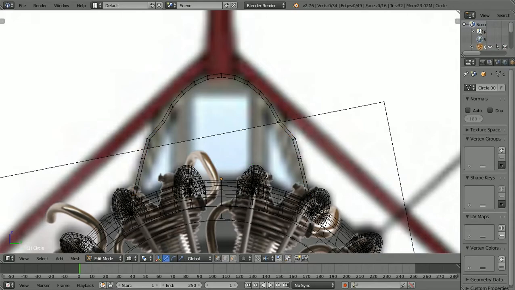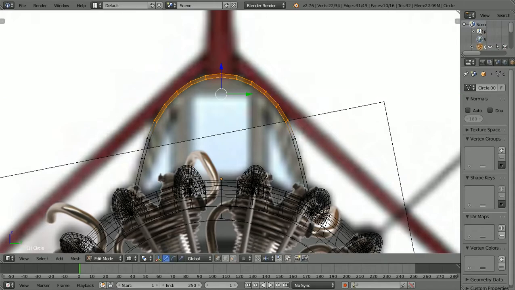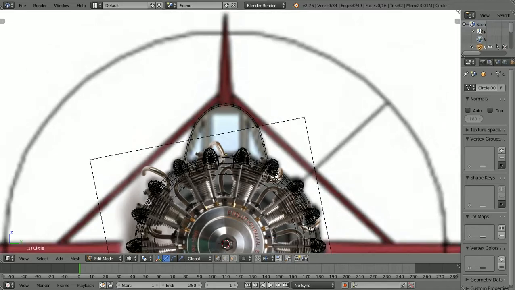And click A, and then let's grab all these, and let's go scale Y, and let's bring it to right about there. And I think that's pretty close to the shape we want. Let's come to the side on Y. Okay, now